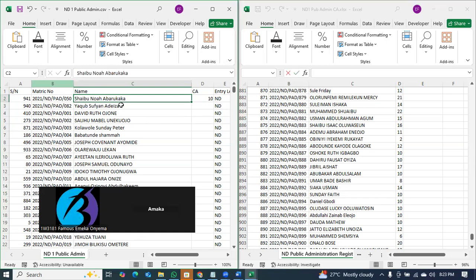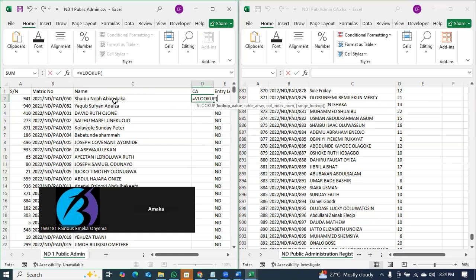So that might result. So most times we usually recommend you look for primary keys that are traceable to one person: phone numbers, emails, NIN, BVN, numbers like matric number, staff ID number, account number, and all of that. So instead of just using names, because we could have also used names. I mean, let's try names now. So I could do VLOOKUP for this particular name, comma, lookup array